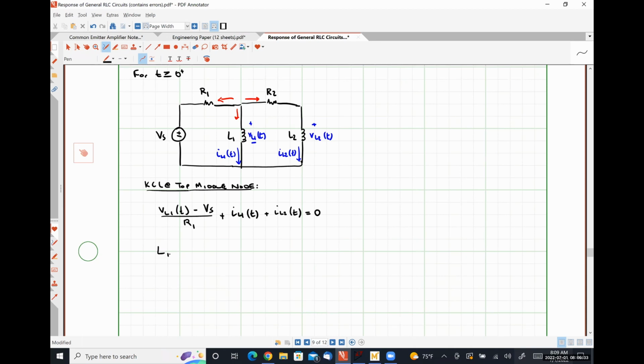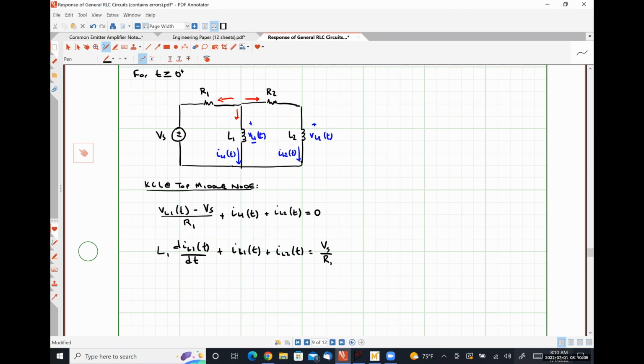That's going to look like L1 dIL1/dt plus IL1 plus IL2 is equal to Vs over R1. And I've actually already made a mistake, so I'm going to go ahead and fix it now